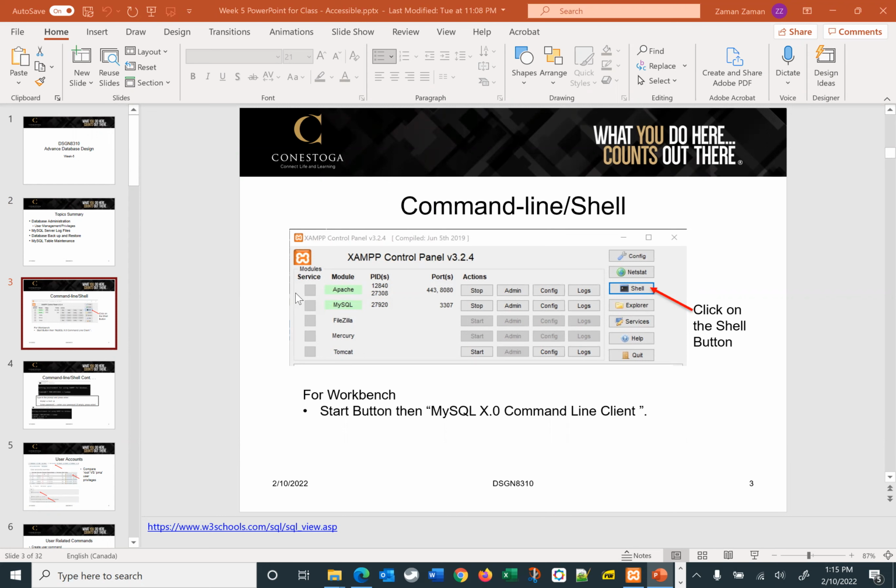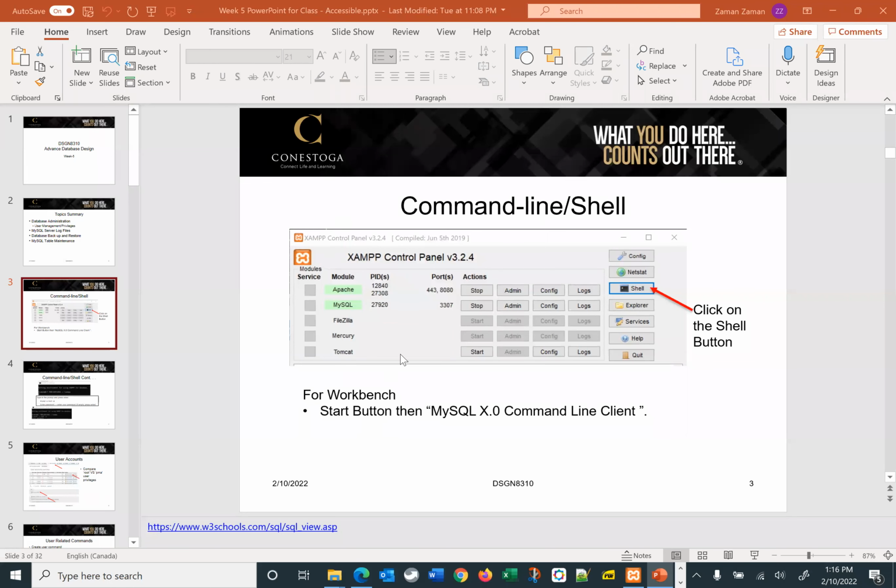Is there anyone in my class who has a problem or is not using XAMPP? Could you please just tell me if you are not? I hope XAMPP is running for everybody, right? It is a little difficult for me to take screenshots for both software. That will be very time consuming. So I'm just giving emphasis on XAMPP, but I'm pretty much covering both